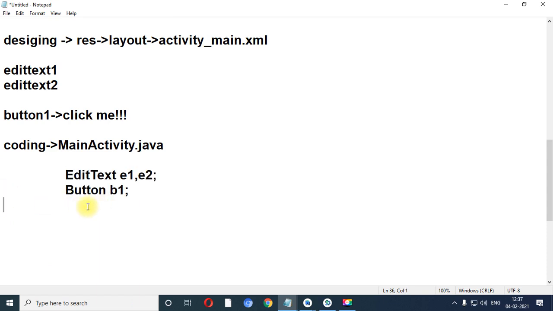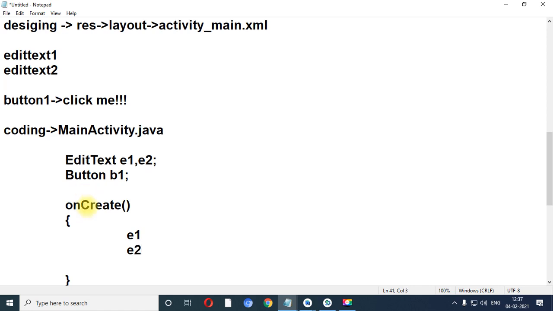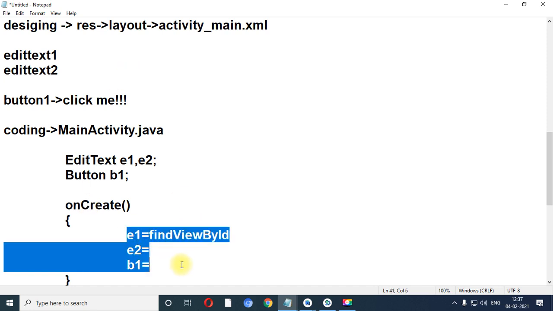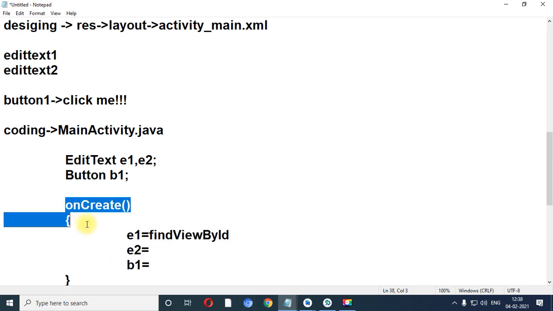After that, the onCreate method. Inside the onCreate method we need to find view by ID for all three objects, two objects for EditText and one object for Button. So I am not going to write the whole syntax over here, but findViewById. So we are going to perform these three lines in the onCreate method.